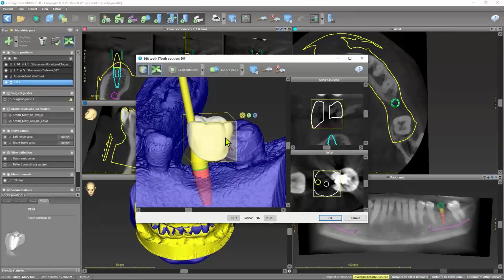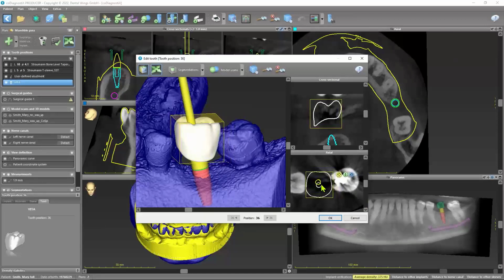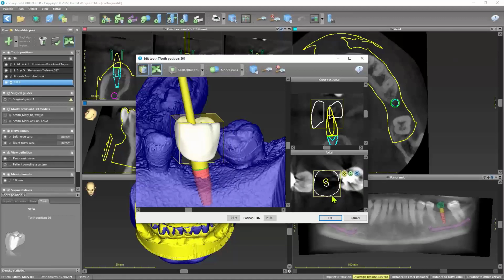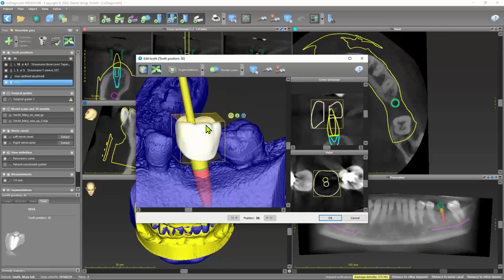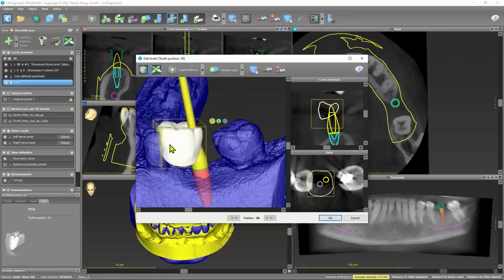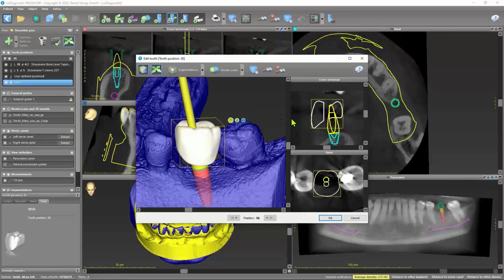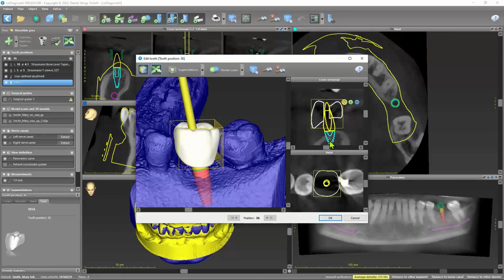You get this window, and we can just modify it. You see 3 possible functions. Yellow means left, right, up, down. If you do this in the 3D picture, be really careful. You can only move this wax up teeth in the highlighted direction. So this is in the front, this is up, down, and here it's left, right. So I recommend to make the basic positioning here in